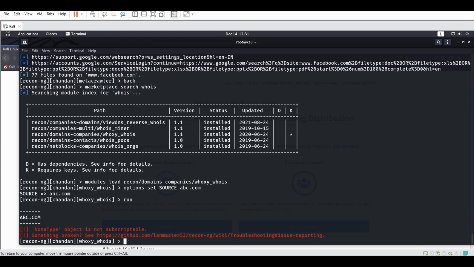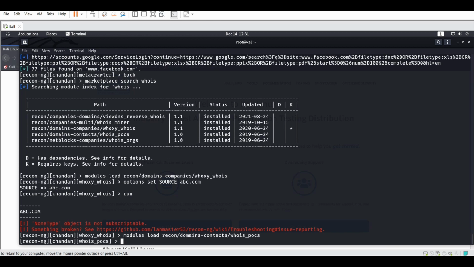so we can use another contact. Let me modules load whatever the contact, it will give the contact and options.